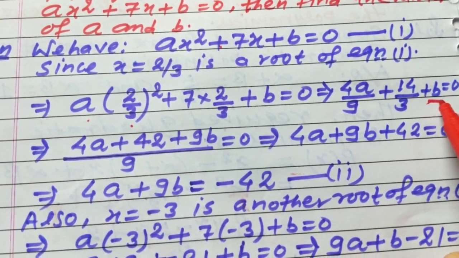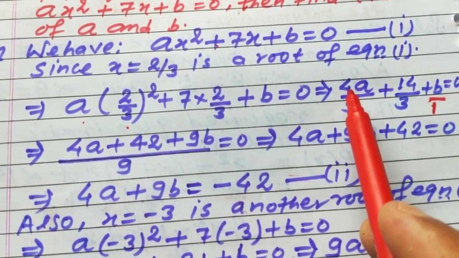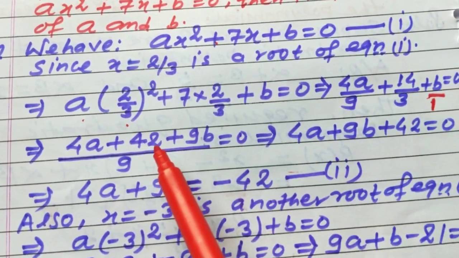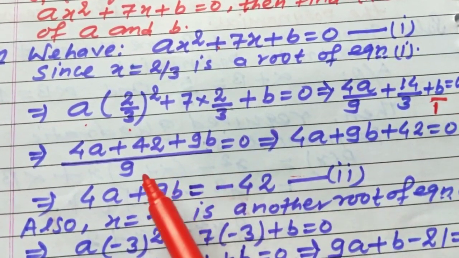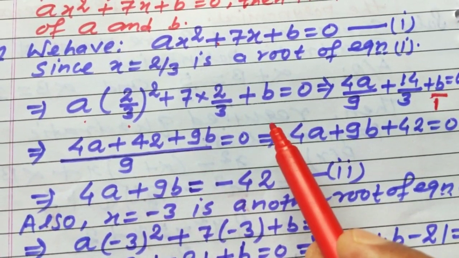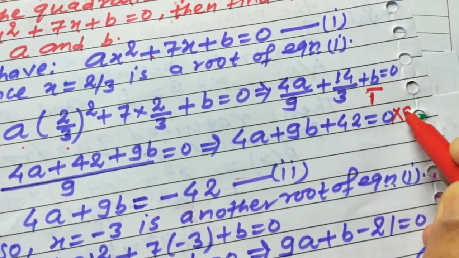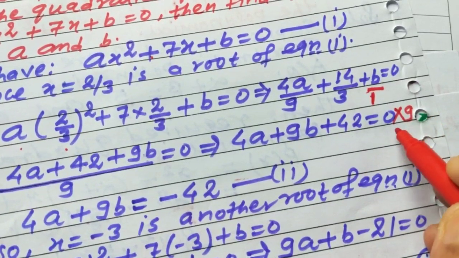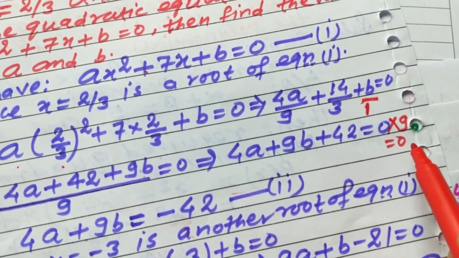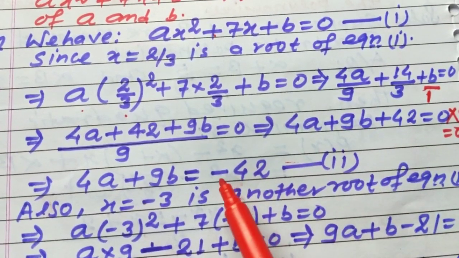अब इसका बट्टा कुछ नहीं तो 1 है, तो इसका एलसीएम लेंगे 9, 3, 1 का, तो 9 होगा. यहाँ पे आ जाएगा 4a, यहाँ 3 से भाग दोगे 3 3 जा 9, 3 14 जा 42, और ये 1 9 जा 9, 9 को b से करेंगे 9b इज इक्वल टू 0. 9 से मल्टीप्लाई कर देंगे उधर, ये 0 9 से मल्टीप्लाई हो जाएगा, RHS में जाएगा तो 0 हो जाएगा. तो 4a प्लस 9b प्लस 42 इज इक्वल टू 0. अब 4a प्लस 9b को इसको उधर भेज दिया गया -42.